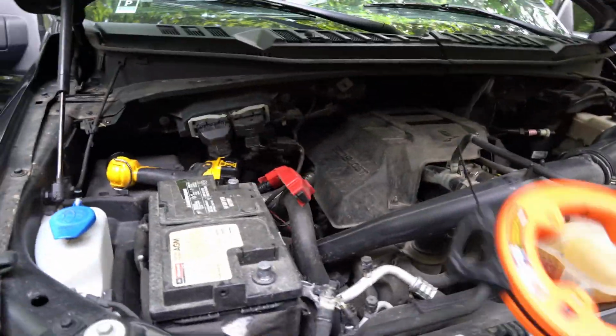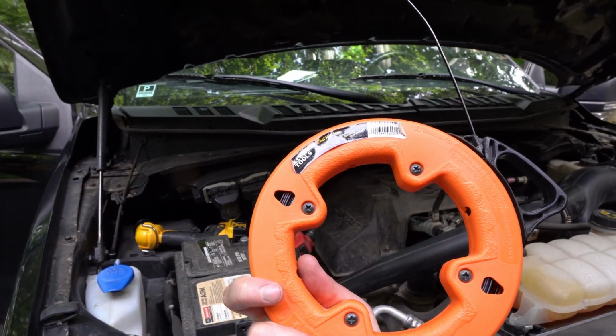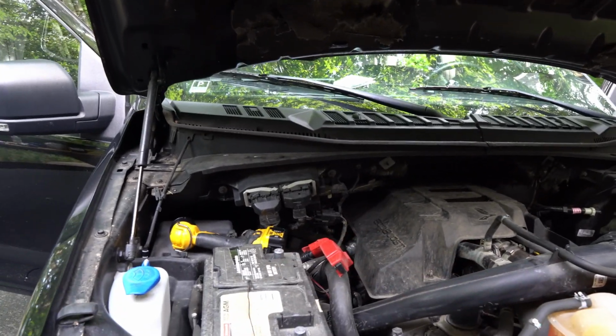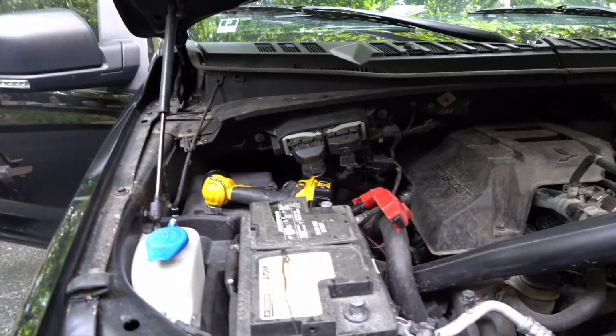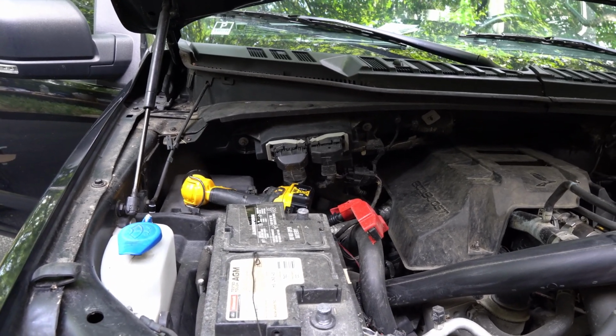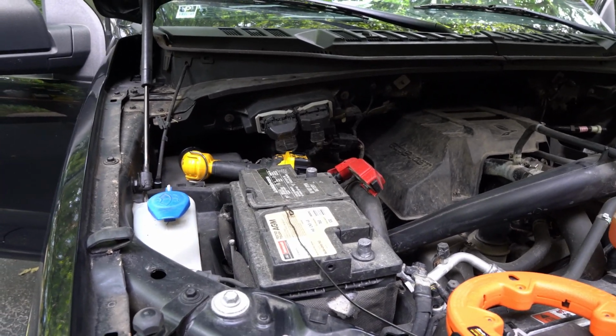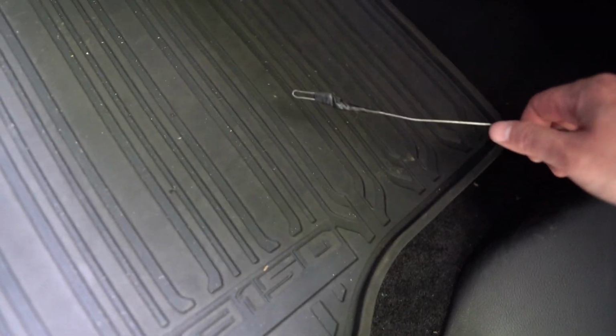So what I have is some fish tape that I'm gonna stick through there, see if I can find it when it comes through, and then use it to pull the power cable back through this way so that I can get it connected to the battery eventually. And I just got lucky. This thing literally came right through underneath the dash, right where I wanted it to come through at. I can't believe